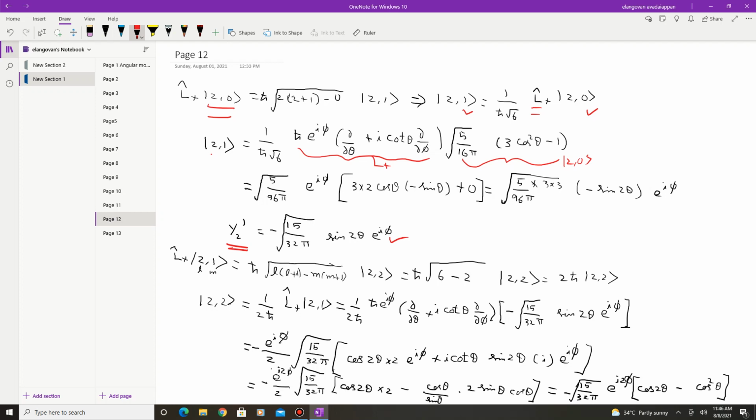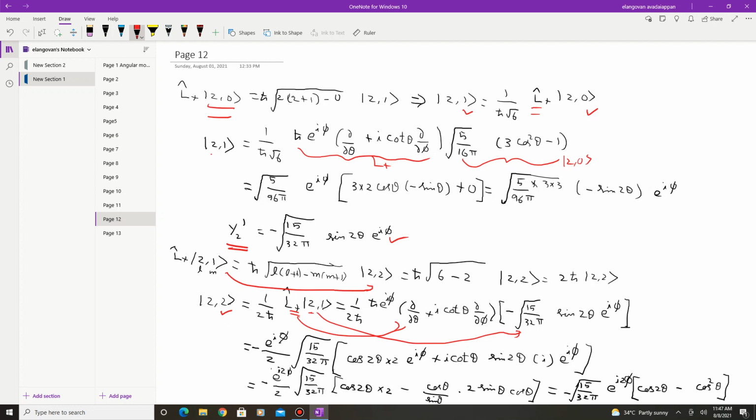So here again, if you want to raise this state by 1, this is increased from 2, 1 to 2, 2, and this 2 can be determined as 1 by 2 h cross L plus, 2 minus 1. So you will get this step, and you substitute for L plus here, and you substitute for 2 minus 1. And the operator operating on the function is the next step. Finally, it reduces to